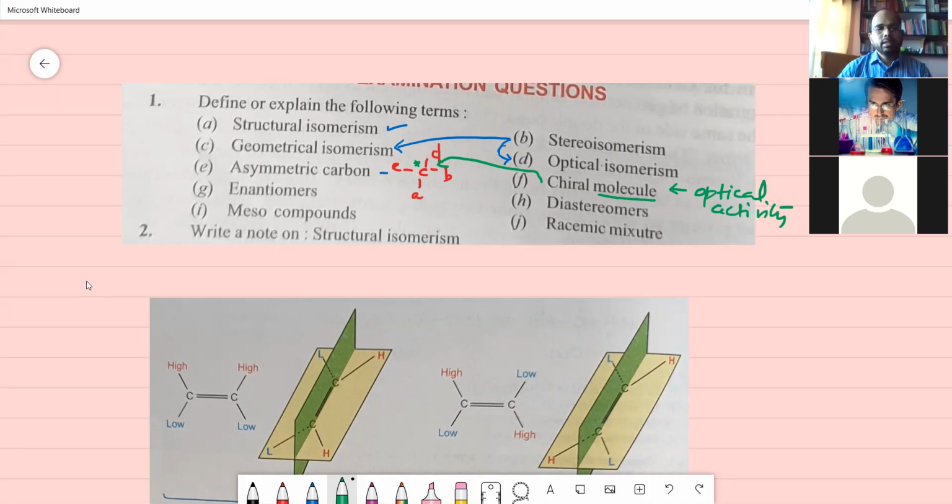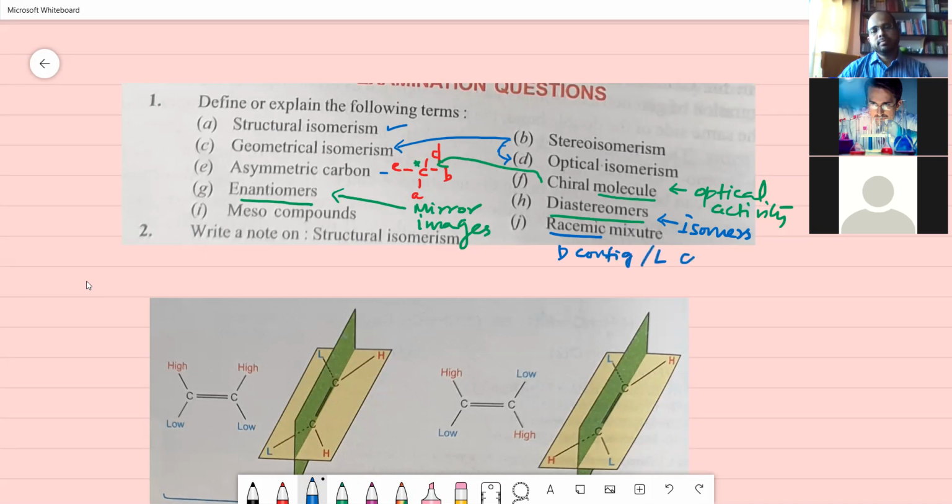Okay. Then in stereoisomers, you have enantiomers and diastereomers. How you can remember this is, I think we have not read much detail here, but we have seen in glucose how it is. Enantiomers are mirror images. Diastereomers are just isomers which may not be mirror images and which are not superimposable, or maybe superimposable or not superimposable. So you have a compound in which you have D configuration and L configuration. D is dextro and L is levo.